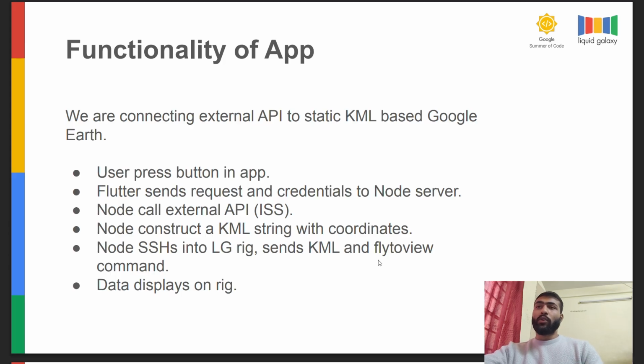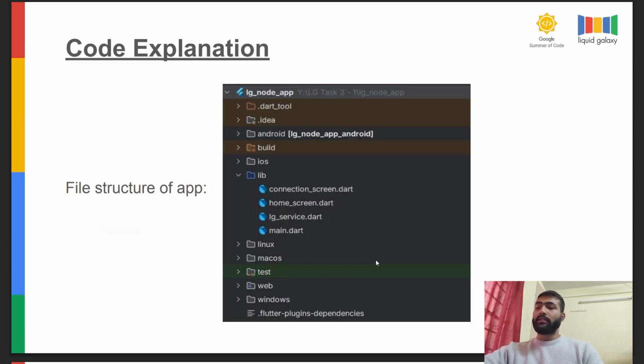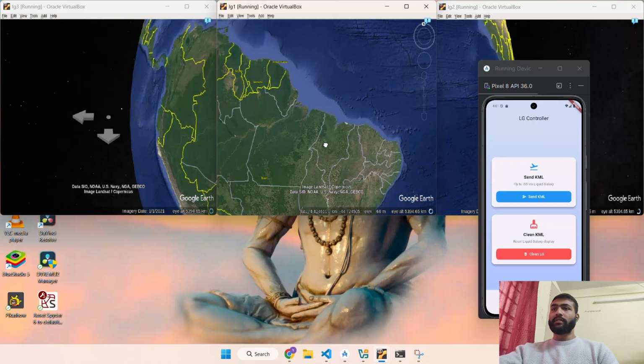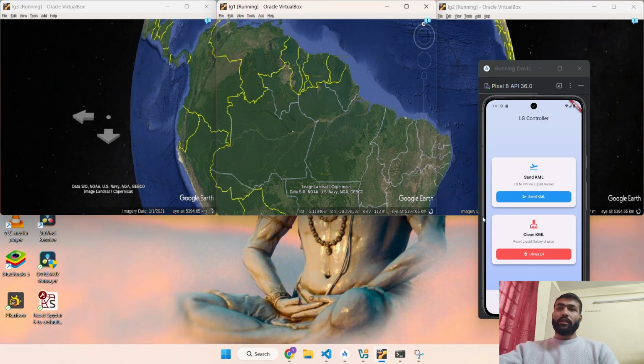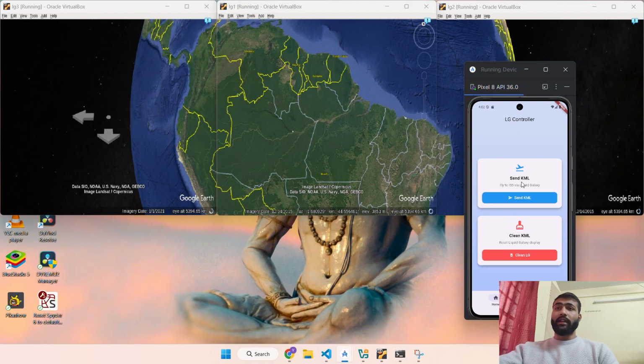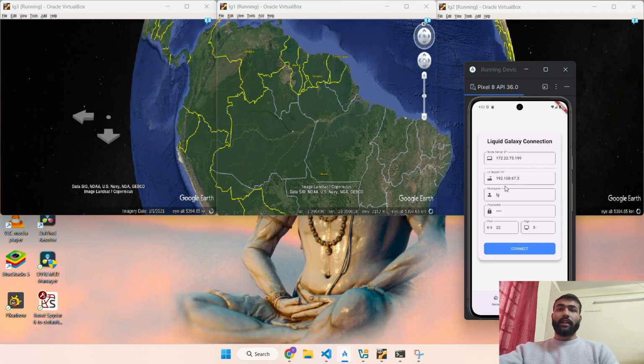Before moving on to the code explanation, let's see the working of the app. So here is the working demonstration of the app. We have the working synced rig. Then we have this home screen which gives a Send KML button, which flies to the ISS via Liquid Galaxy, and we have a Clean KML button. In the connection tab, we have Node server IP, LG master IP, username, password, port and rig,